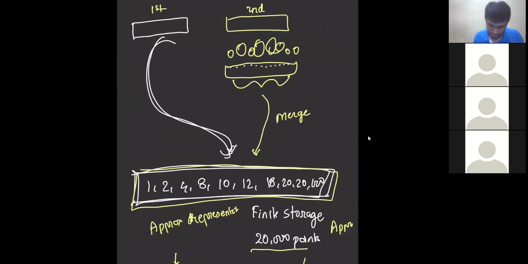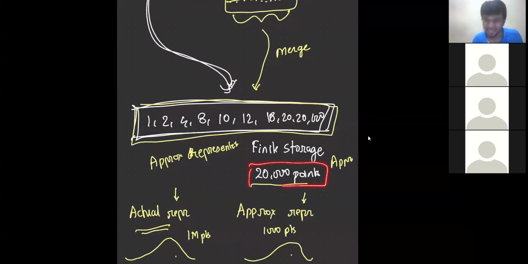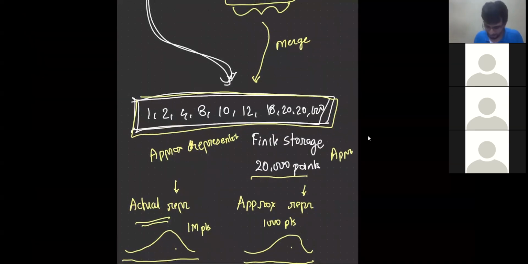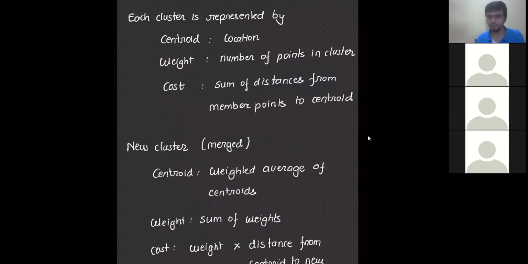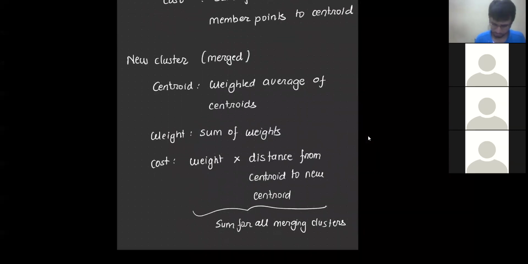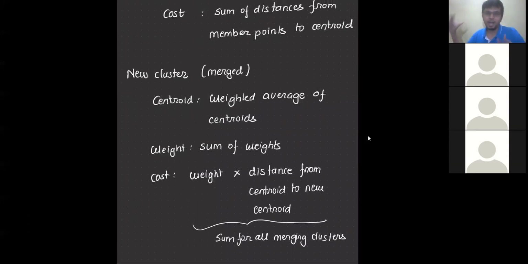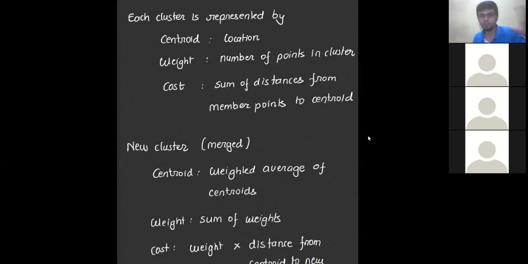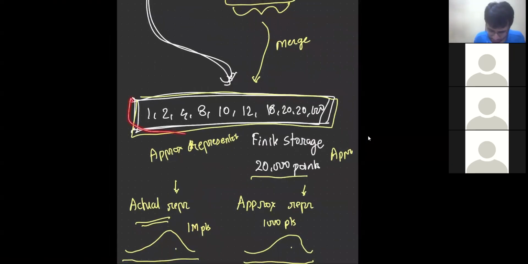This way, without overflowing the finite memory, we can keep on merging the old data and the new data in this space, which continues to have the same representation as the actual data. This is what the algorithm is all about: cluster merging. You would constantly keep on merging and computing the clusters using a finite memory, so this would not grow with time.